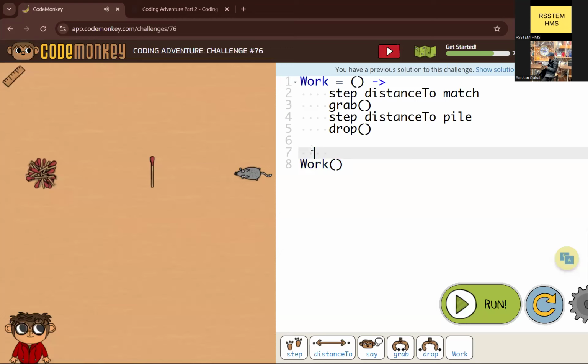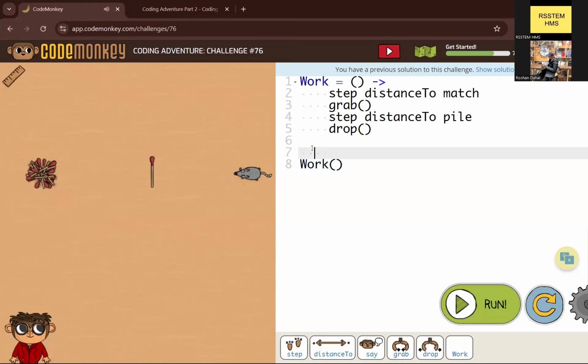Let's say I don't call the work function, and instead define a new function called move. So let's define something here.